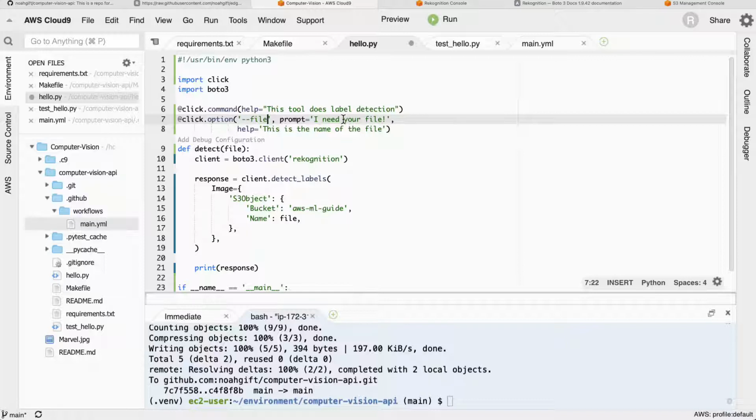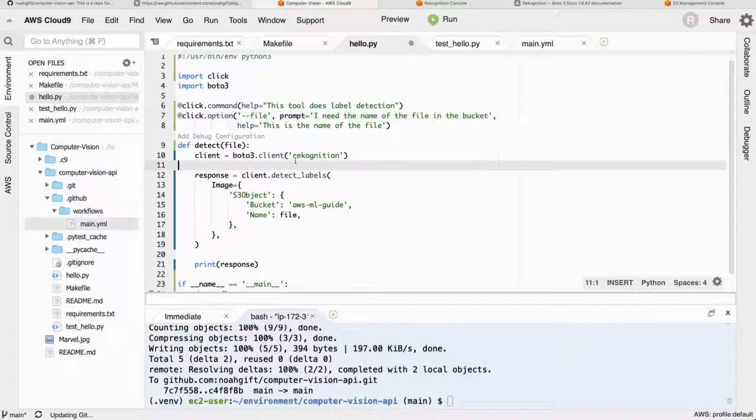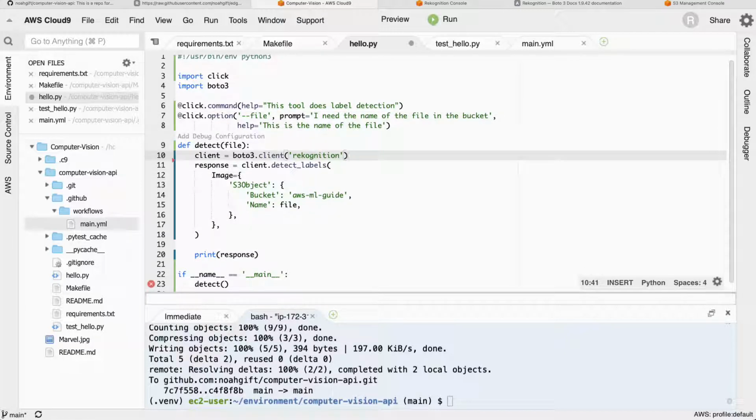And then we'll call this file. So I need the location, or I need the name of the file in the bucket, and then this will say this is the name of the file, and then this will again use the Boto3 API here. Now notice that this is just an error message that you get because the click framework is